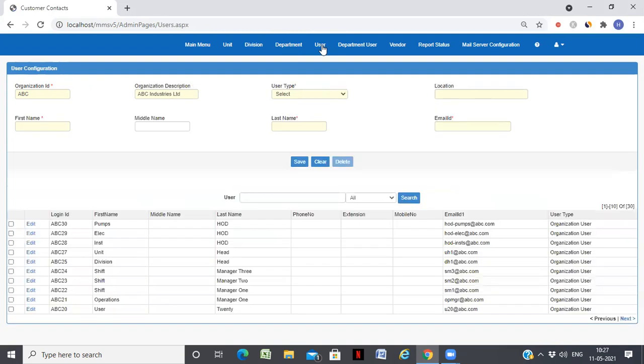And these are some of the users which we have configured. So user types, basically we have organization admin, and these are organization normal users for the organization. If you want to create login for customer vendor, you can do that as well. Here you can see I have created almost 30 users for the demo purpose.